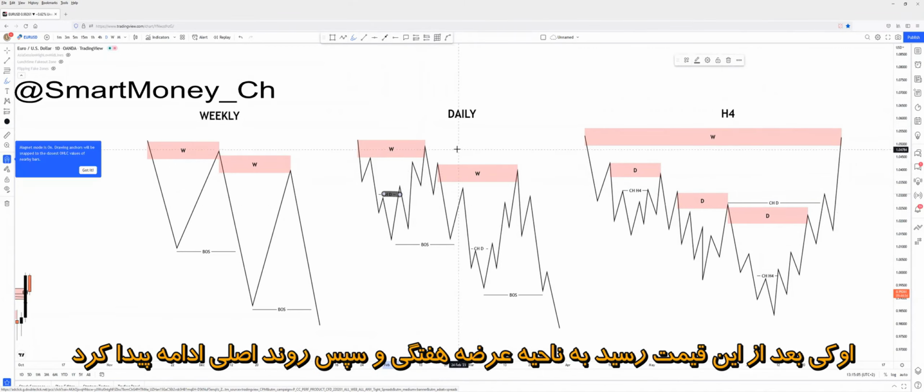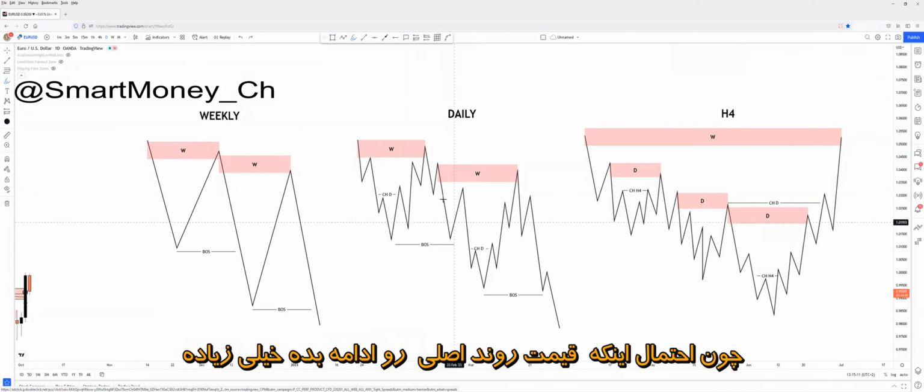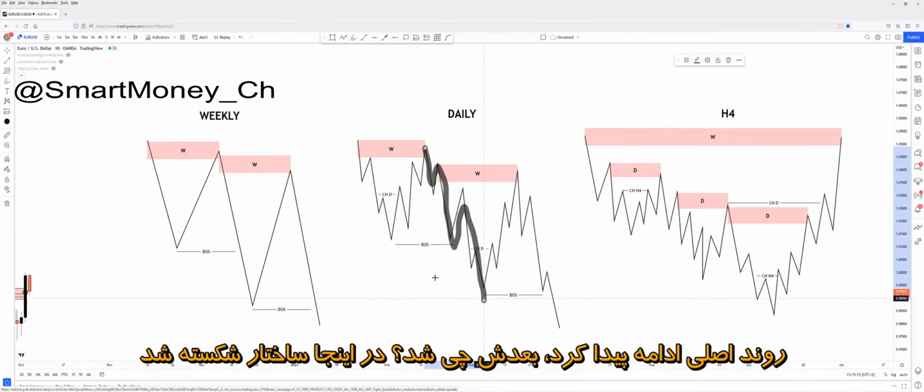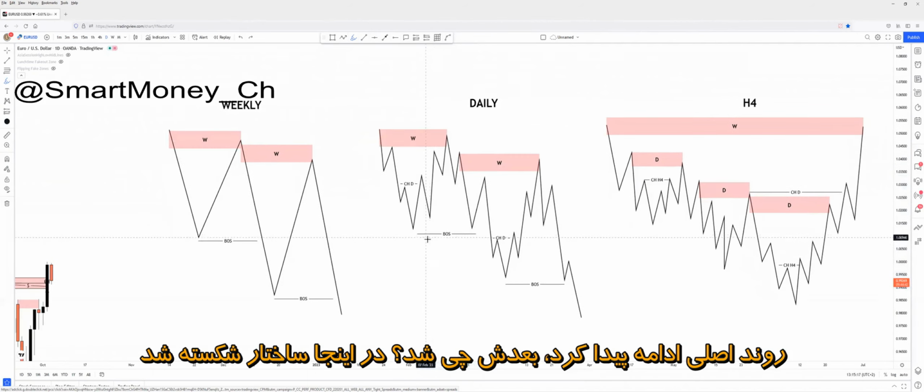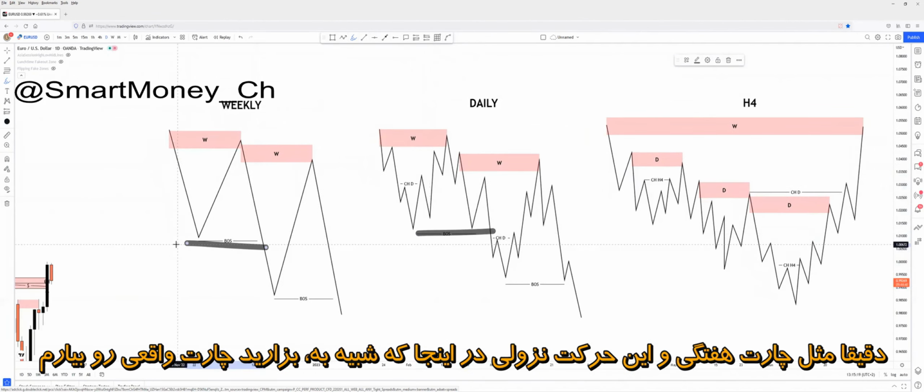So, okay, after price reaches this weekly supply area, the original trend has a high chance to continue. The original trend is being continued. What happens? A breakout structure will happen here, just like on the weekly chart, and this huge weekly downside movement right here,